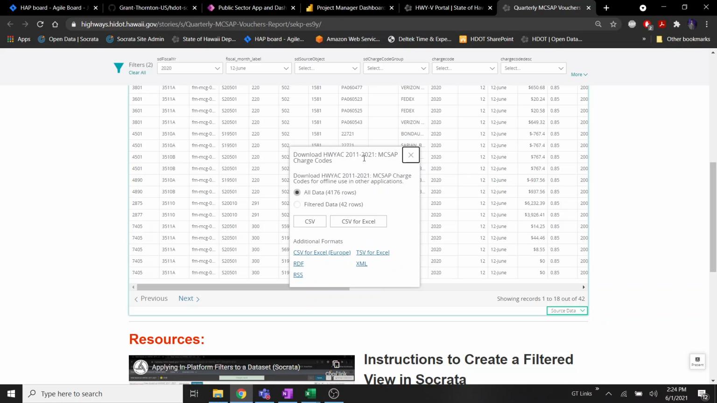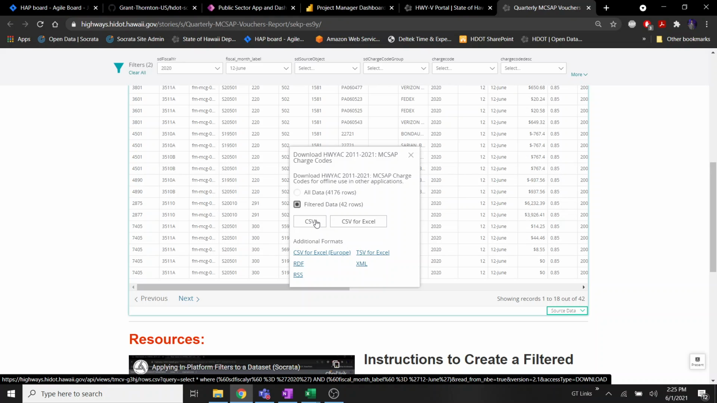And so you should receive a little box that pops up that just tells you, you're going to be downloading or exporting data from this data set here. And it allows you different formats that you can download in or export in. And then it asks you what you want to export. So you can export all 4,176 rows, or you can export the ones that you just filtered, so the 42 rows that you just filtered down to. So once we click on that, we'll hit export as CSV,